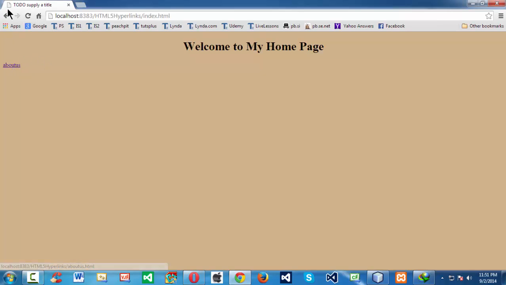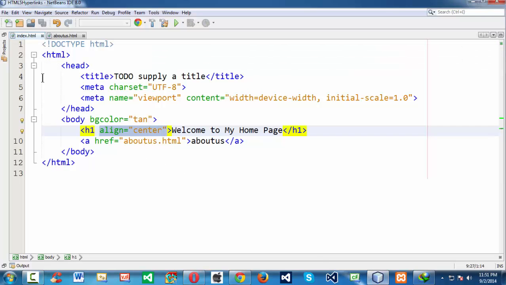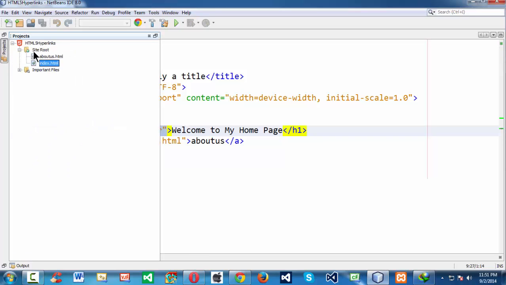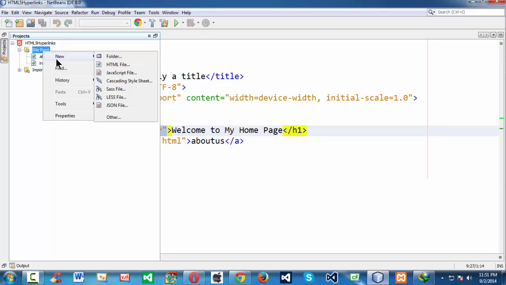Okay, so in the same way, if you go back to your NetBeans and go to your projects, sometimes you need not place all the directories within your site root directory. There are situations where it demands that you keep all the pages of one category under a different folder. If you are led into that situation, here I am creating